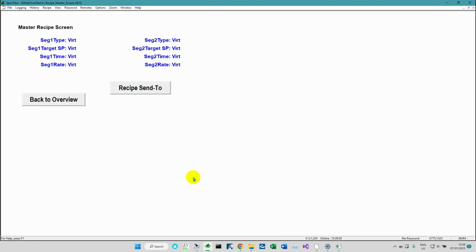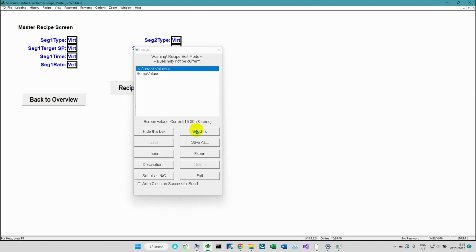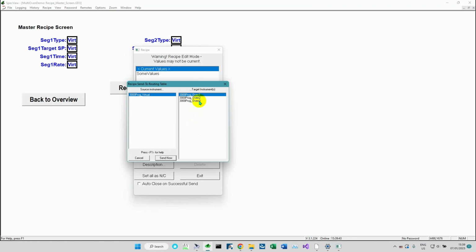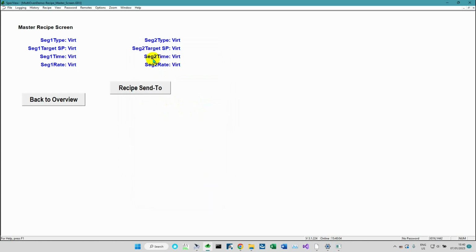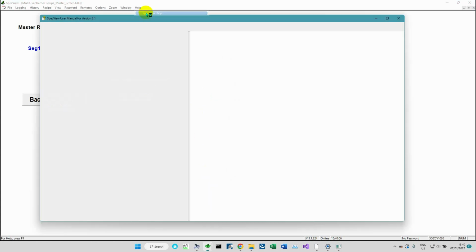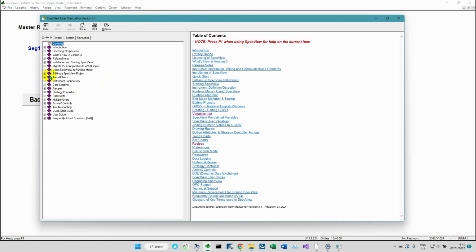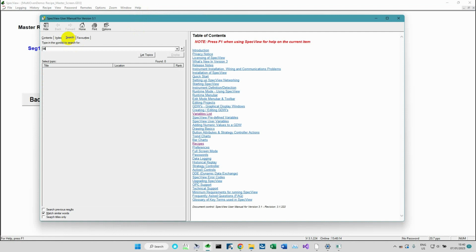And there is a way to limit which other ovens are presented in this target list. So if you had a recipe that was to do with annealing things, only annealing things would be in this list, or if it was to do with aging furnaces, only aging furnaces would be in this list. I'm not going to show you how to do that here, but in the SpecView help there is, if we search for filtering,